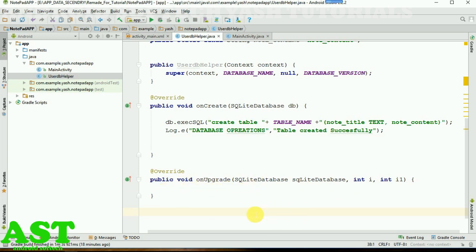We don't need the upgrade because I'm not going to create my Notepad app in any next project. So let's say we can take it blank. We can leave it blank. Okay guys, and now